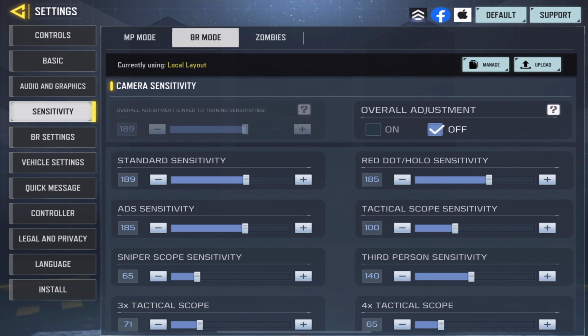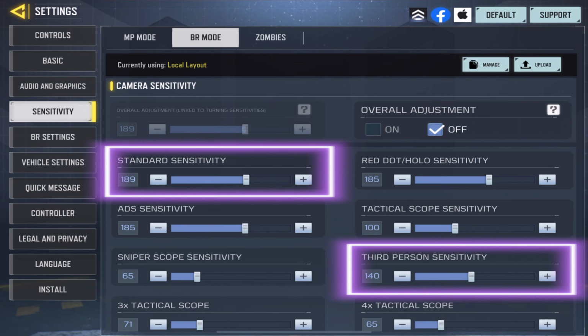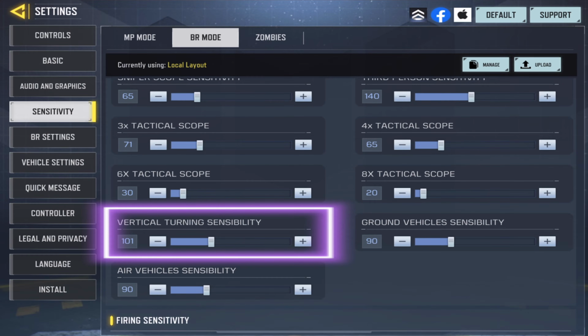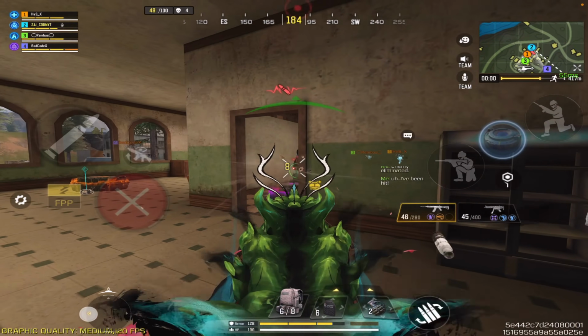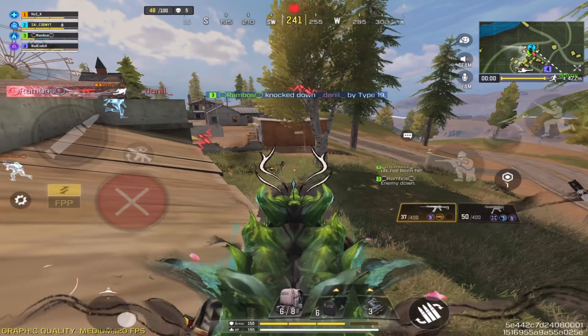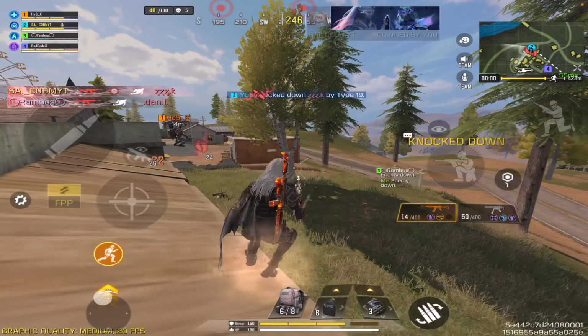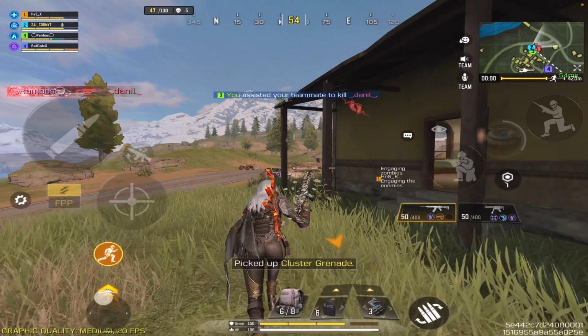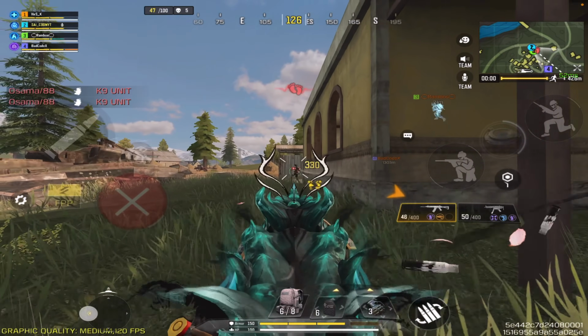Now we are done with finding third-person and first-person camera sensitivities. Now we have to find vertical turning sensitivity for camera. Before finding this sensitivity, you have to know about it. Vertical turning sensitivity for camera refers to how quickly the player's viewpoint moves up and down when they adjust their aim. This setting is important for aiming and tracking targets that are above or below the player's current line of